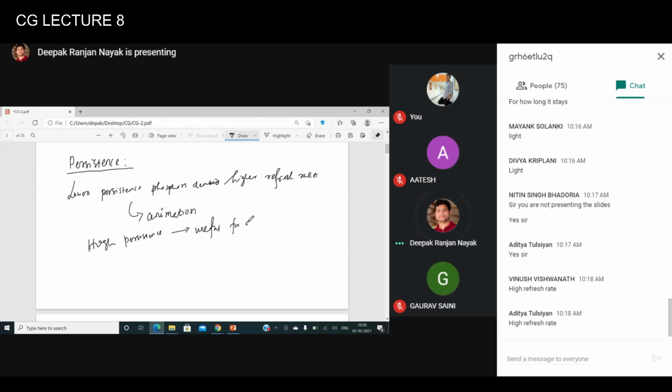Or displaying complex and static pictures. Fine.